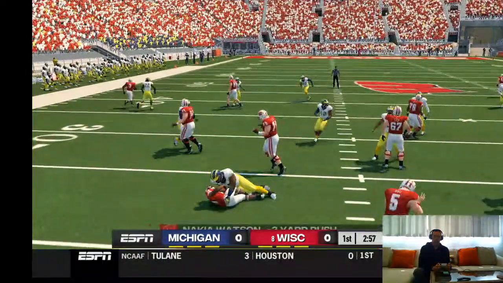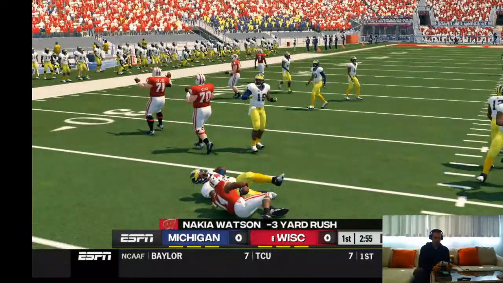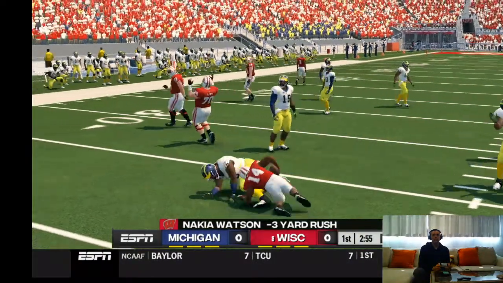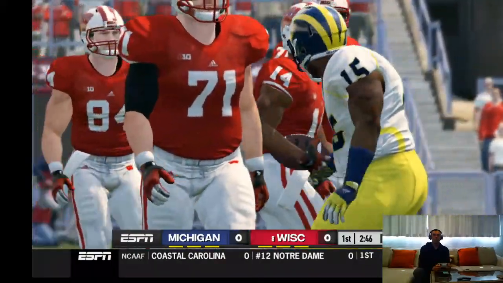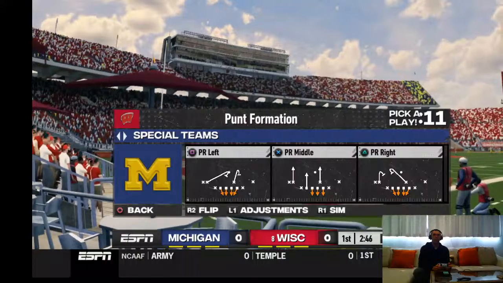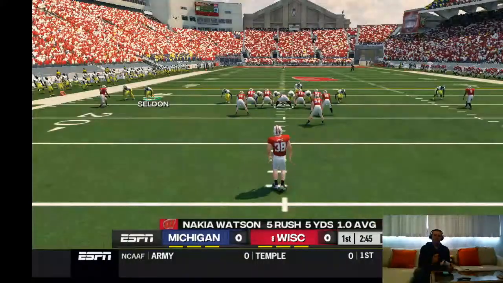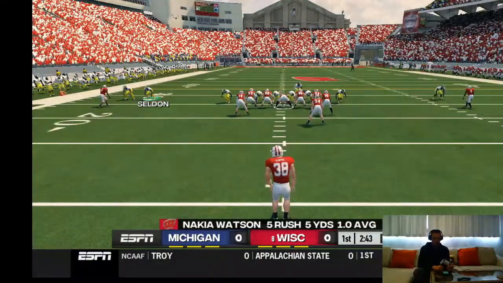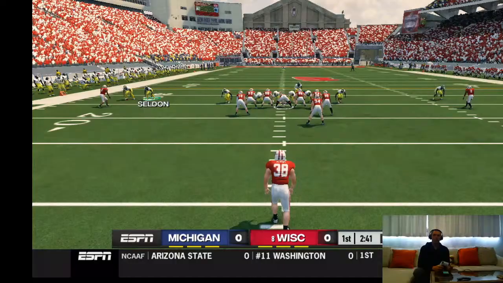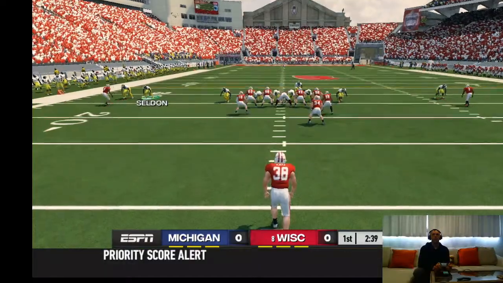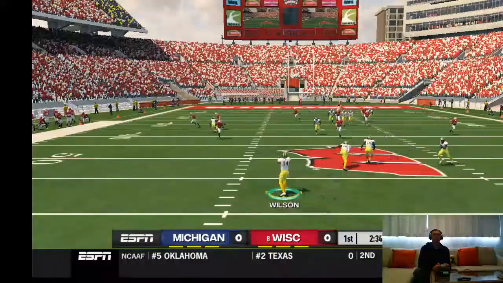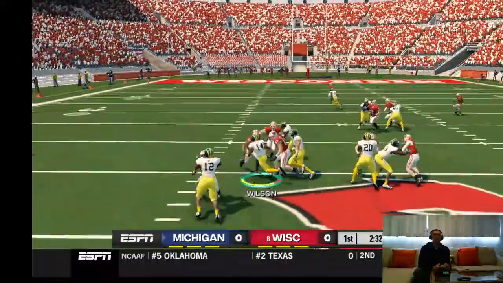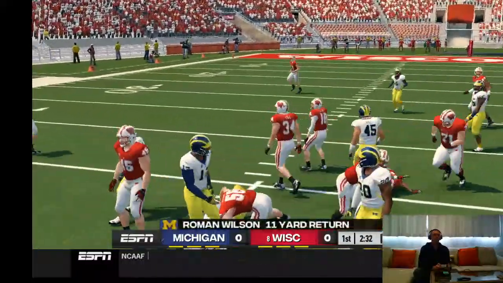Wow, they are running a lot. We'll take it. Handoff, and he won't make it. That's a loss of 3 yards on the play. Well, defenses continue to play well. Wilson is the deep man, awaiting the return. Even with my terrible free safety play most of the year. Whoa, he just took a licking.